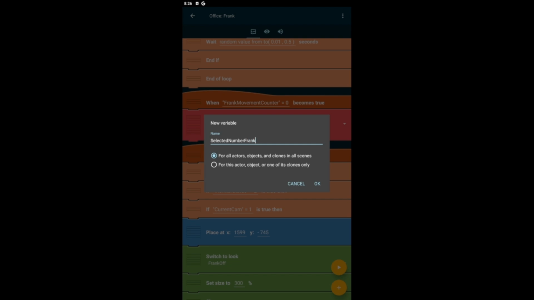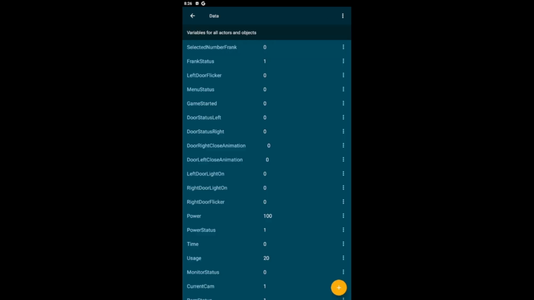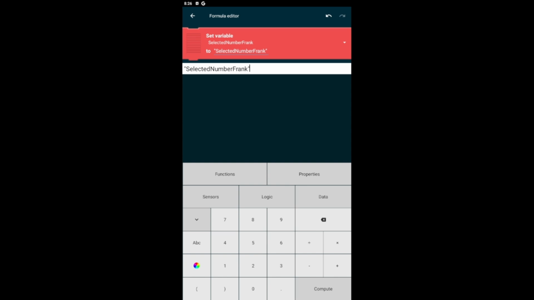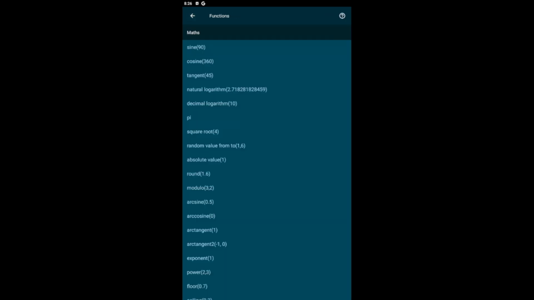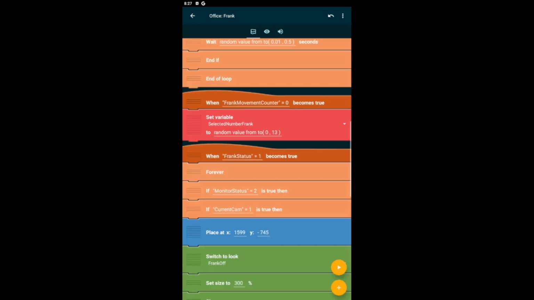Set variable selected number Frank to, oh no, it's going to be a random value from 0 to 11. Actually, let's make it 13. Random value from 0 to 13. So what it's going to do, it's going to pick a number, and based on that number,